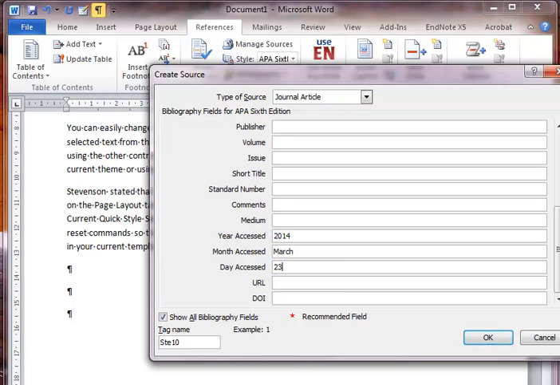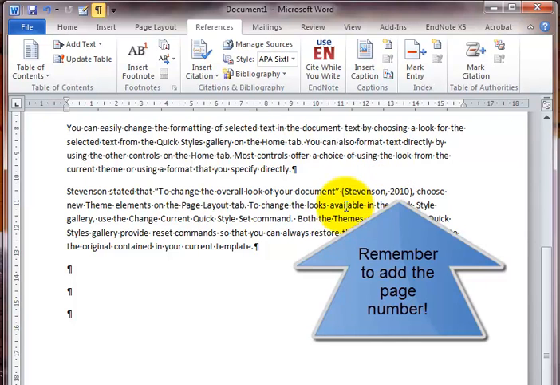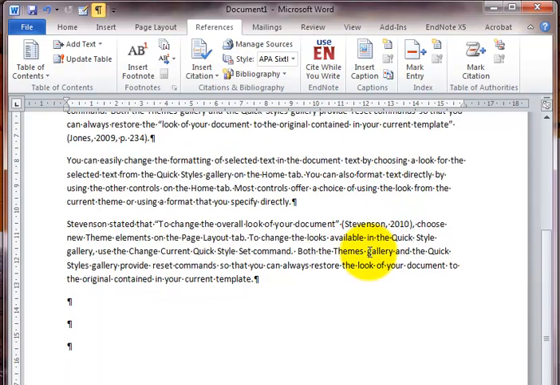And the URL, this is not the correct URL. You would put in the correct URL. I'm just putting it here for you, and okay. There it is. Now, I've shown you two in-text citations, one with page number, one without, but what about the